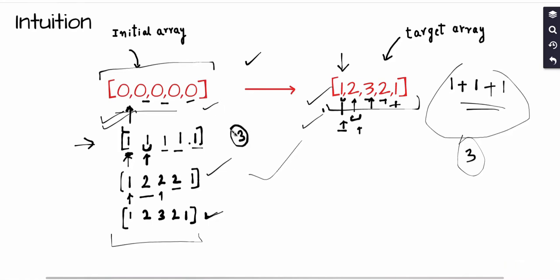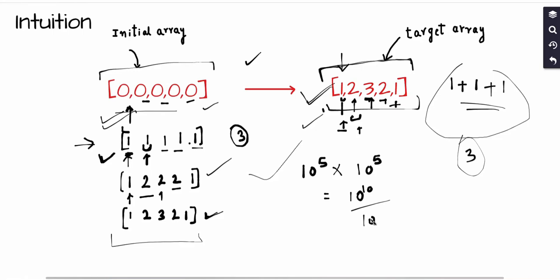3 iterations. It is equal to the maximum element which is present in this target array, which is 3 here. So the maximum element may go up to 10 raised to the power 5, and in each iteration I have to compare the current array with the target array, which may have up to 10 raised to the power 5 elements, giving me 10 raised to the power 10 time complexity,